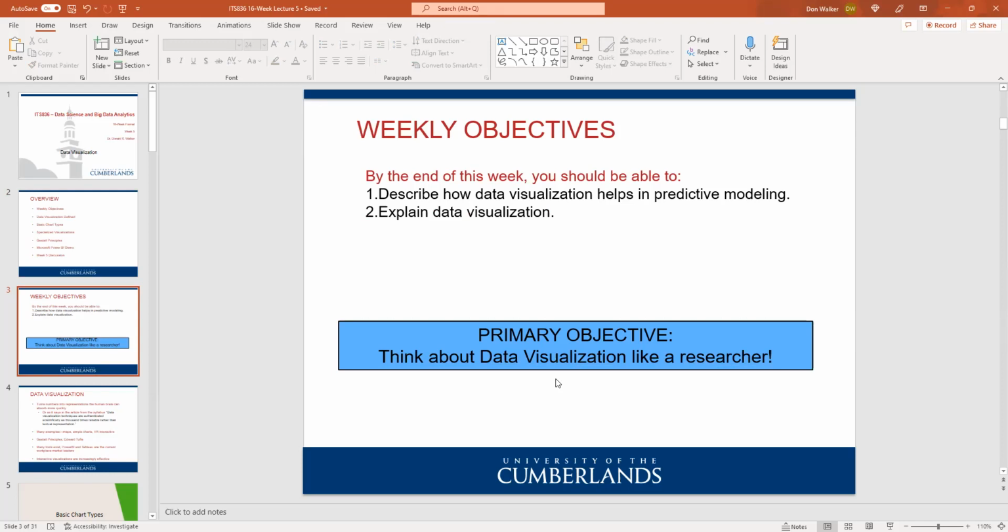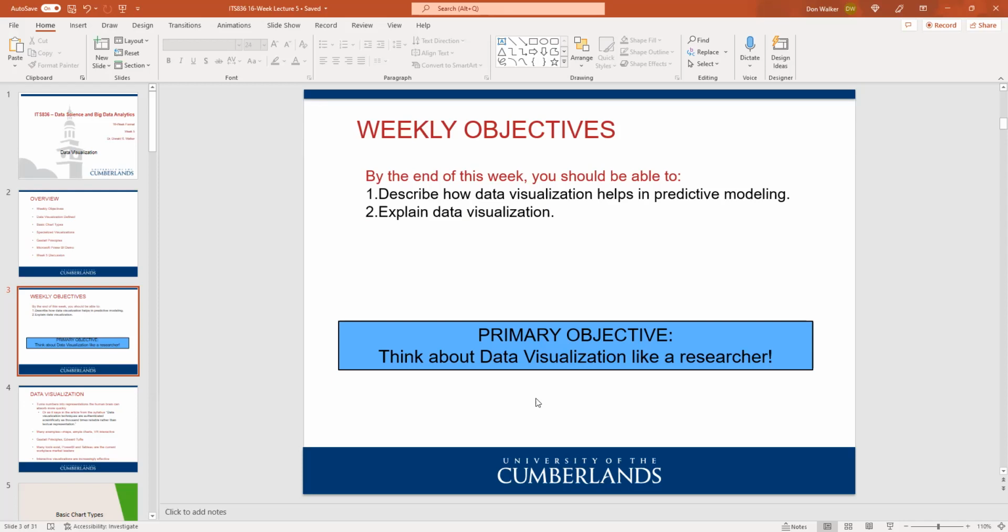So when you think about data visualization, start to think about how you would research the effectiveness or ineffectiveness of a set of tools or a set of techniques or an environment where you're putting data in front of people in the form of some sort of picture as opposed to just the raw,